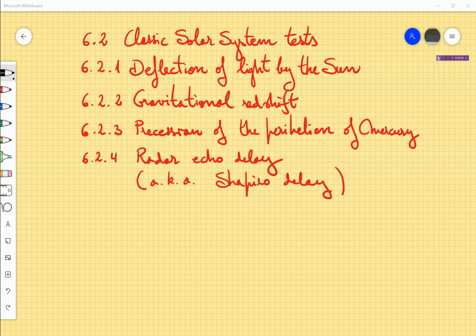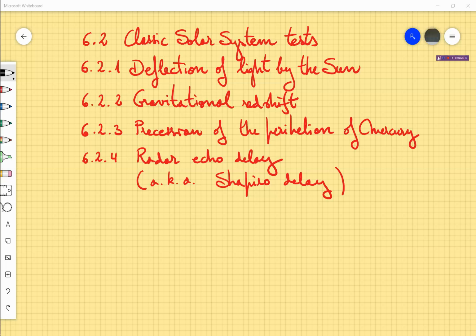The precession of the perihelion of Mercury, which is a consequence of the fact that the Keplerian problem has been perturbed by terms that come from, if you want to call it, relativistic terms that come from general relativity. And the radar echo delay, or also